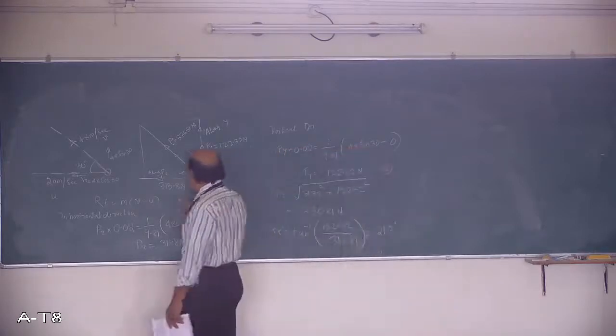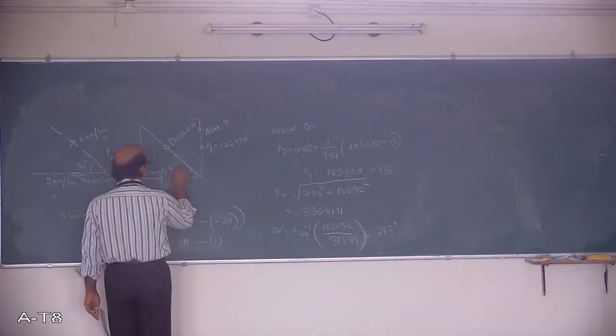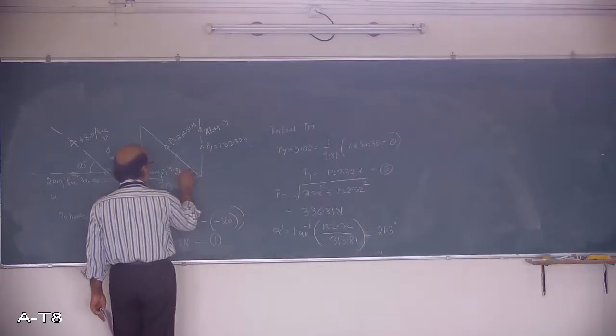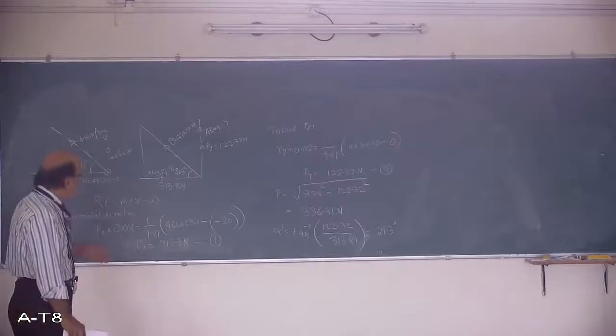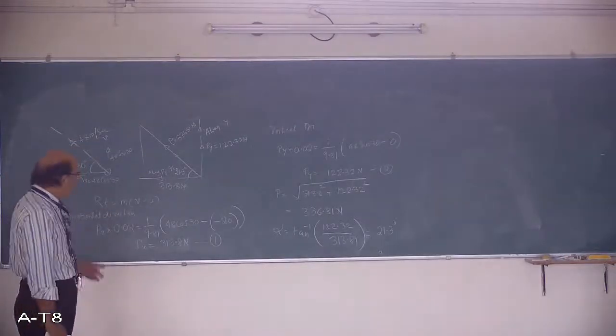This angle alpha works out to 21.3 degrees. If you hit with a force of 336.8 at an angle of 21.3 on the ball